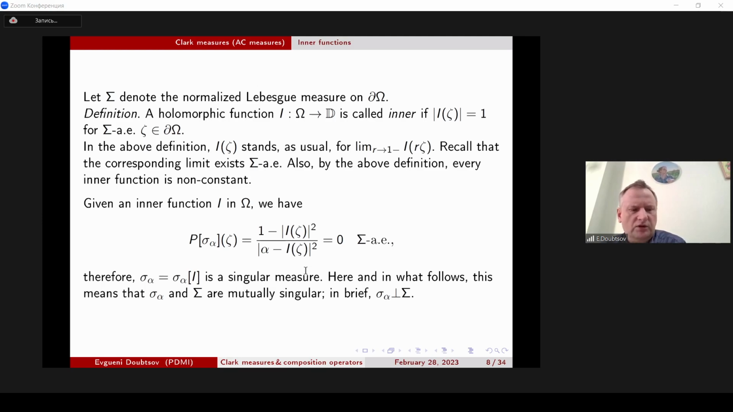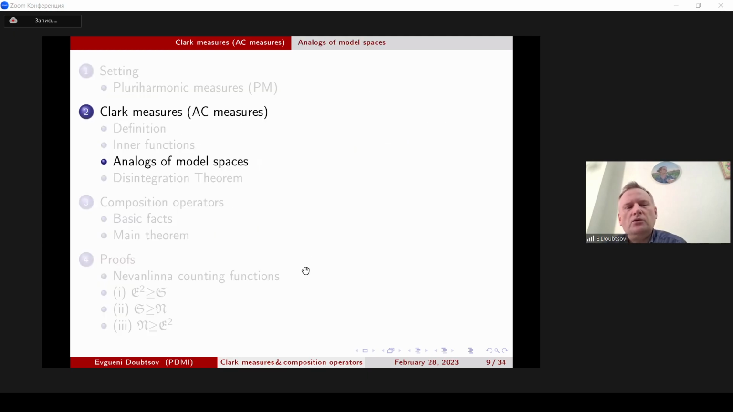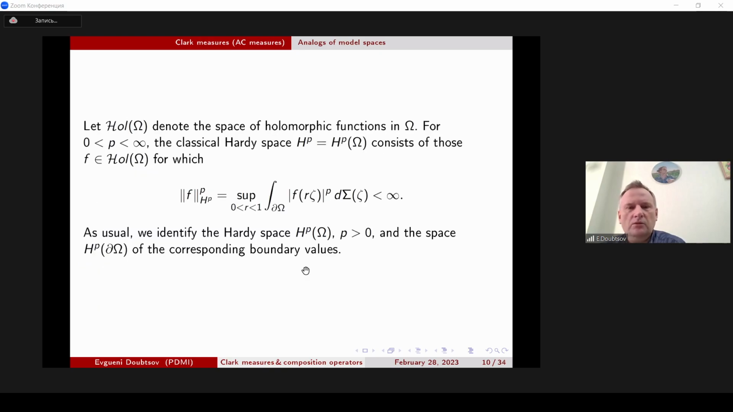And initially, it was the most interesting one because it refers to the so-called model spaces, well, very useful spaces in the operator theory. Well, in several variables, we still have certain analogs. So basic definitions here are: whole of omega, just the space of holomorphic functions on omega. So we also use the classical Hardy space, just the standard definition is in the unit disk. So the corresponding